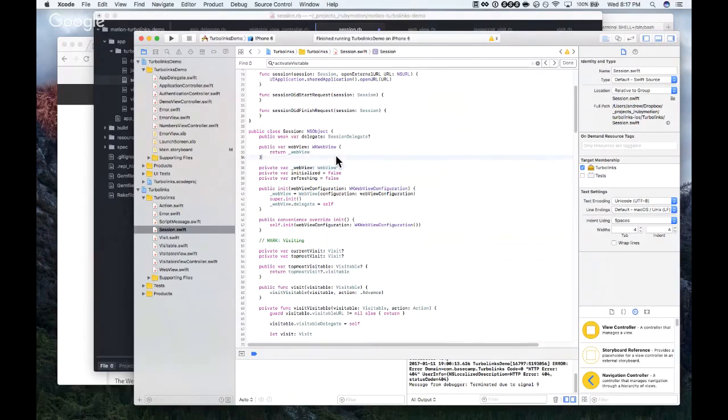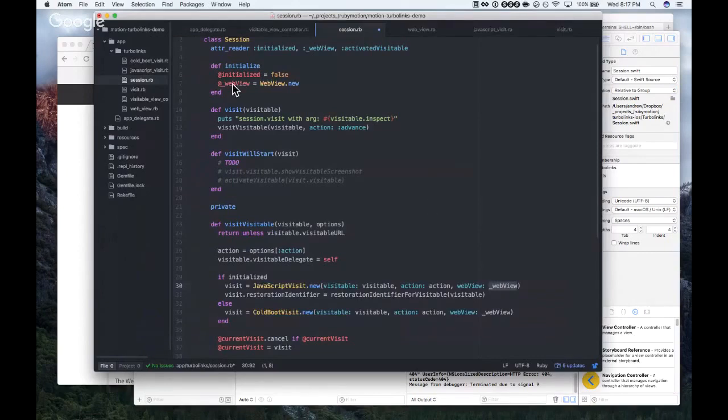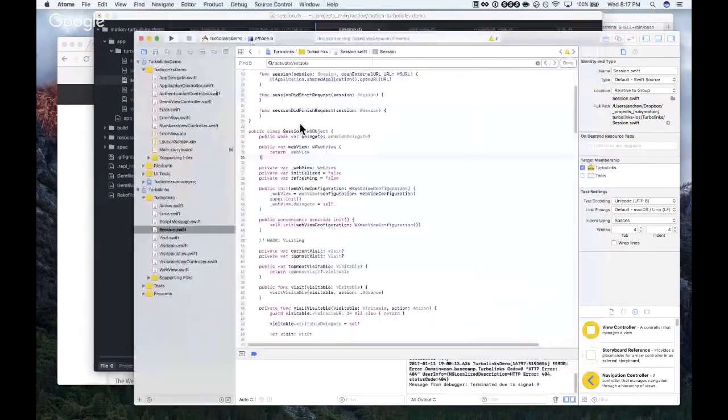I'm not exactly sure why they do that. They're doing a type translation. That's why. Let's go back to it. You see, the underscore web view is actually a web view, and it's one of theirs. This is the TurboLinks web view, which subclasses WebKit web view.